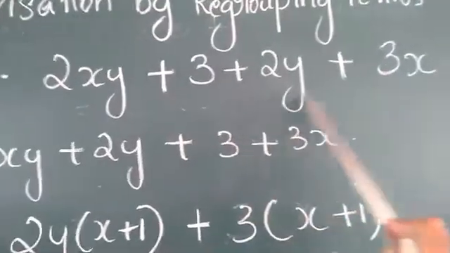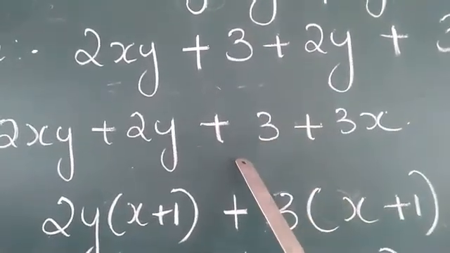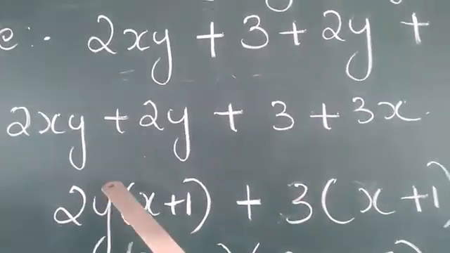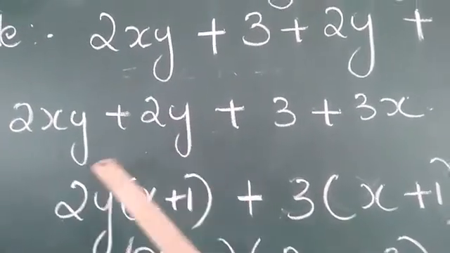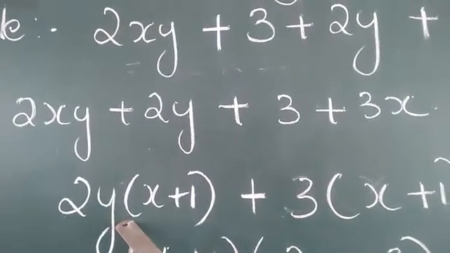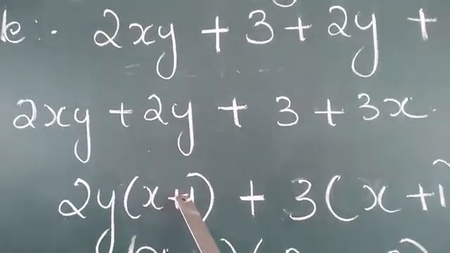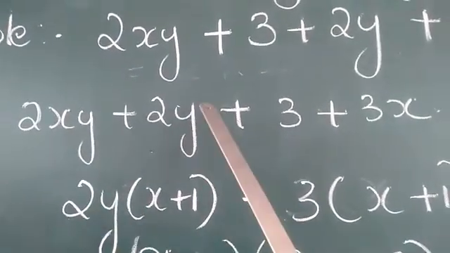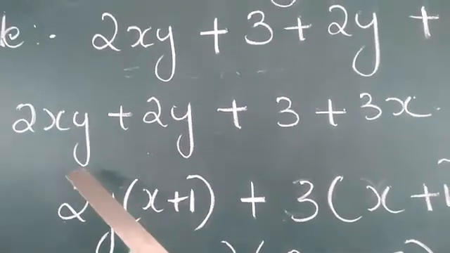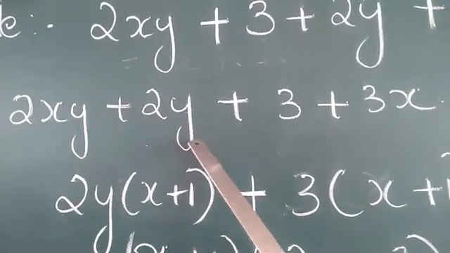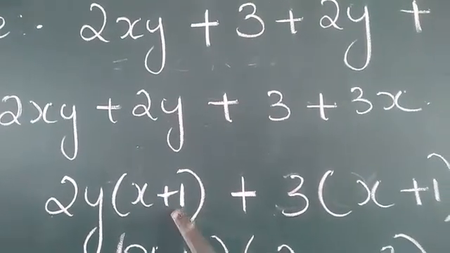From the question we have to understand which terms we have to group together. Now we know here 2y is the common factor. So we can write 2y, and the remaining is x, and 2y divided by 2y we will get 1. So these two terms we can write as 2y into x plus 1, plus